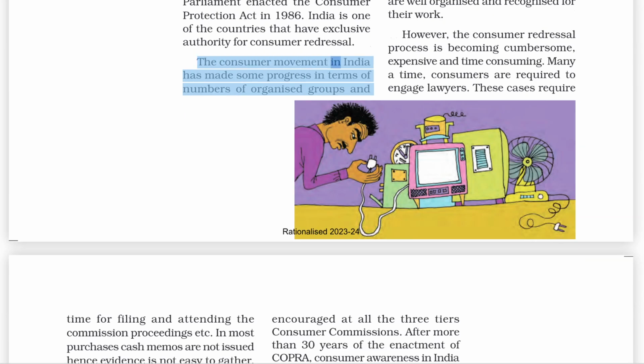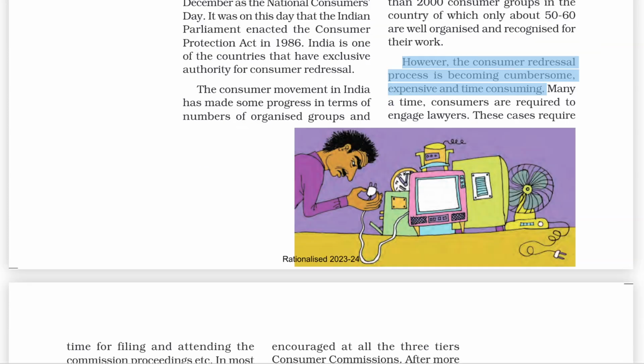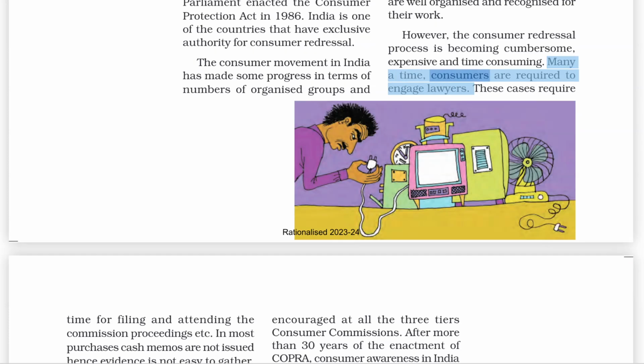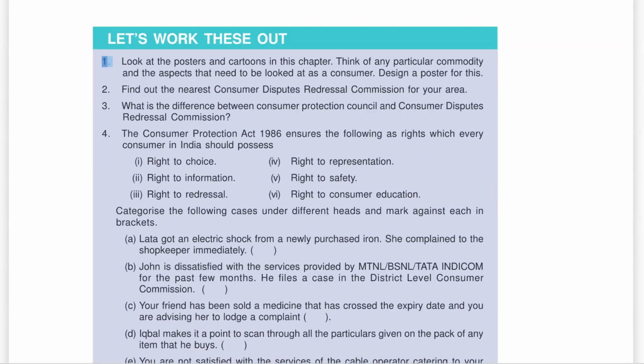The consumer movement in India has made some progress in terms of the number of organized groups and their activities. There are today more than 2,000 consumer groups in the country, of which only about 50 to 60 are well organized and recognized for their work. However, the consumer redressal process is becoming cumbersome, expensive and time-consuming. Many a time, consumers are required to engage lawyers. These cases require